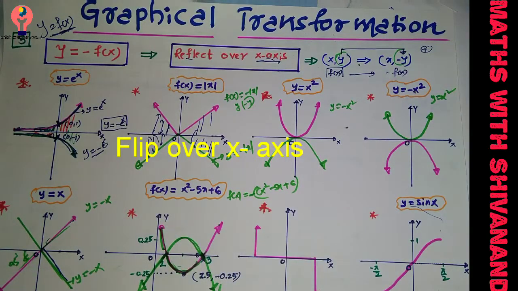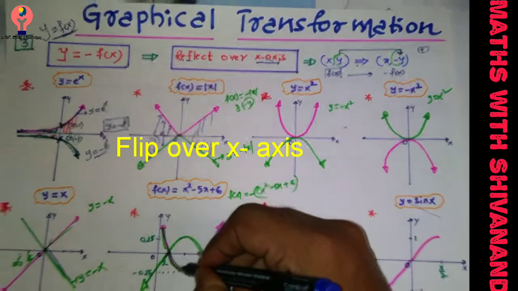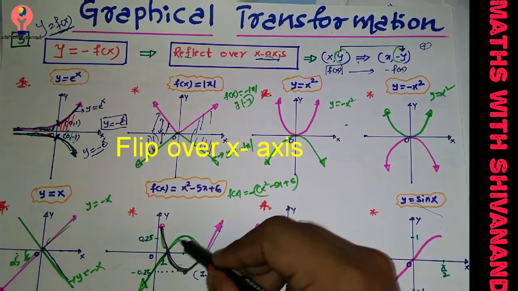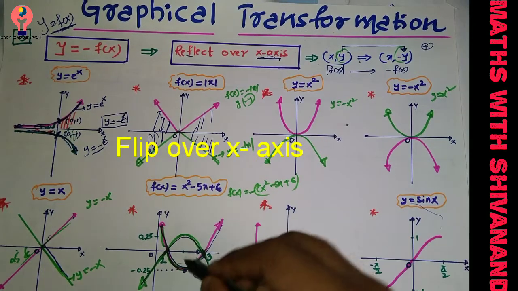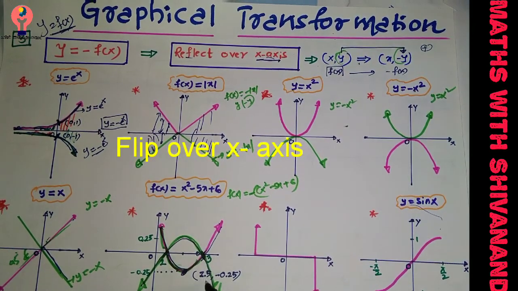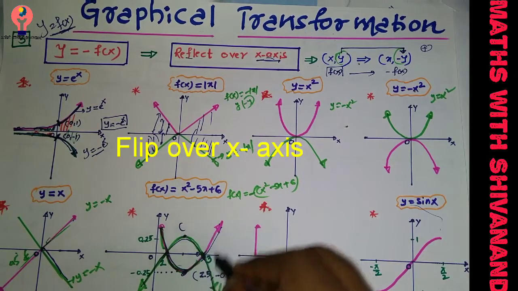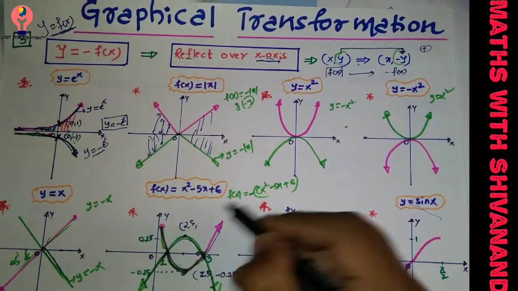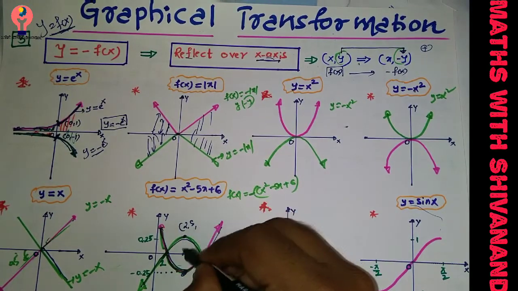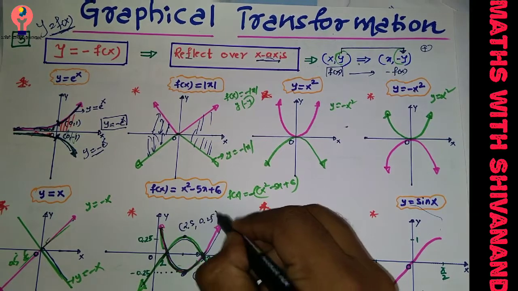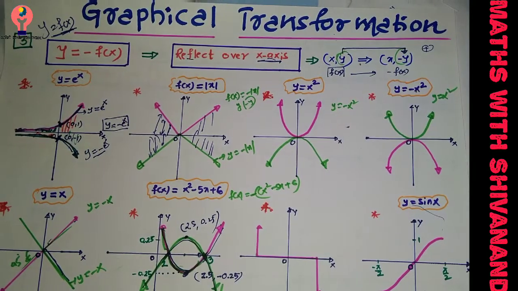Listen. So I hope you are getting this: my initial curve, and this is the reflected graph, right? But see here, this point he has mentioned, 2.5 comma minus 2.5. Definitely it has to also change. The x point will not change. It's minus 2.5, nothing but the positive y-axis. So it becomes what? 0.25 positive, right? Now go with the next part.